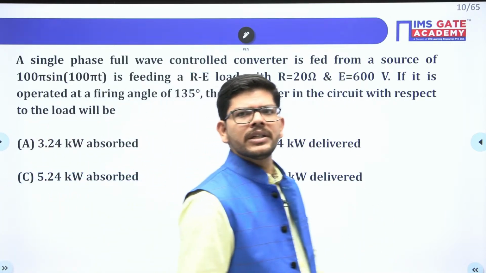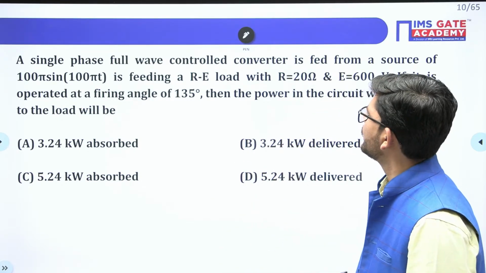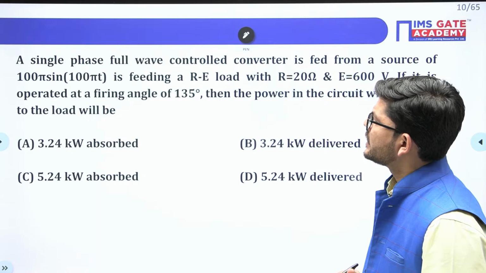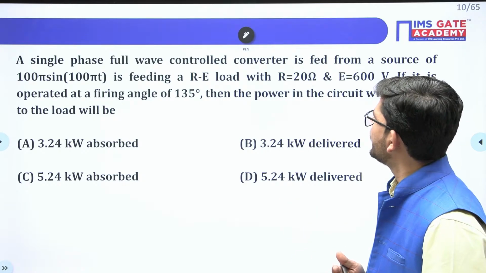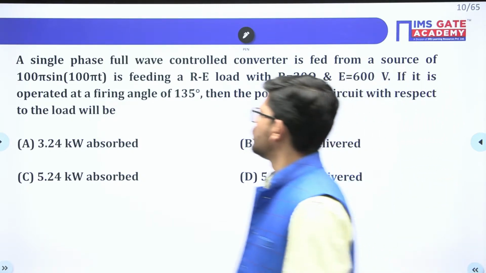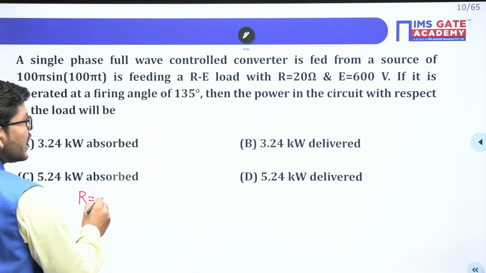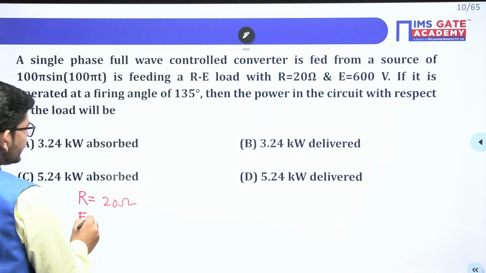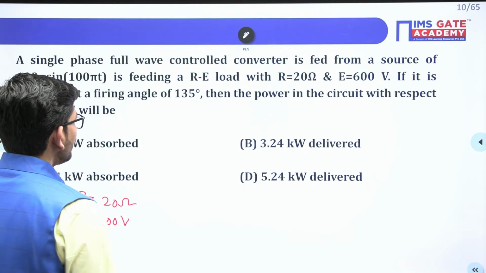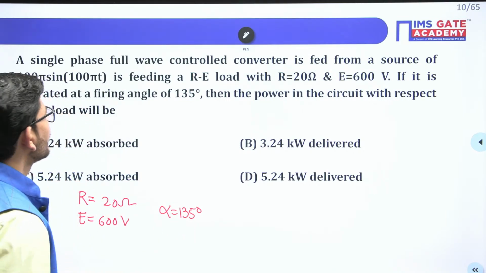Now moving towards the next problem, see this particular problem. A single phase full wave controlled converter is fed from a source of 100 pi sine 100 pi t, and it is feeding an RE load with R equals 20 ohm and E equals 600 volt. Okay, so what has been given to us? Let me just write this. It is feeding an RE load where R is 20 ohm and E is 600 volt. If it is operated at a firing angle of 135 degrees, guys,